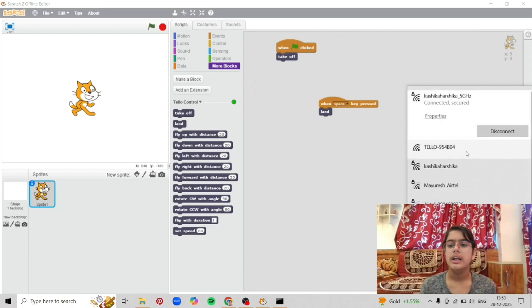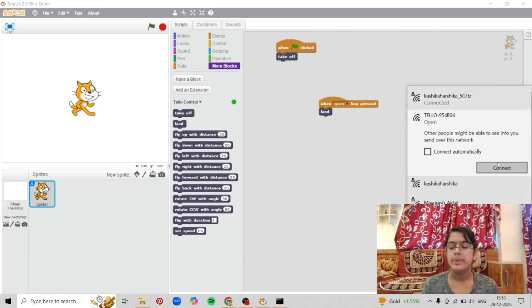So now we have the Tello 954B04. Now this is the name for my Tello drone. The name for your Tello drone might be different. I will click on connect.